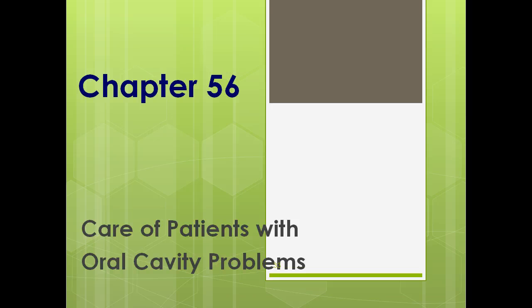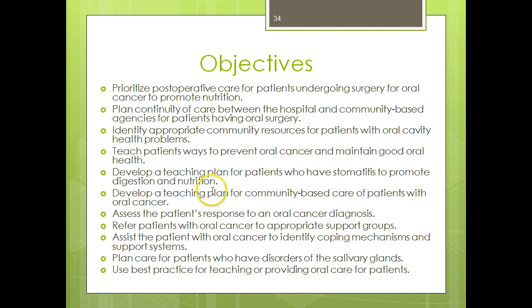Okay, now we're going to discuss Chapter 56, Care of the Patients with Oral Cavity Problems. The objectives of this chapter are to prioritize postoperative care for patients undergoing surgery for oral cancer, to promote nutrition, plan continuity of care, identify appropriate community resources, teach patients ways to prevent oral cancer, develop a teaching plan for patients who have stomatitis,